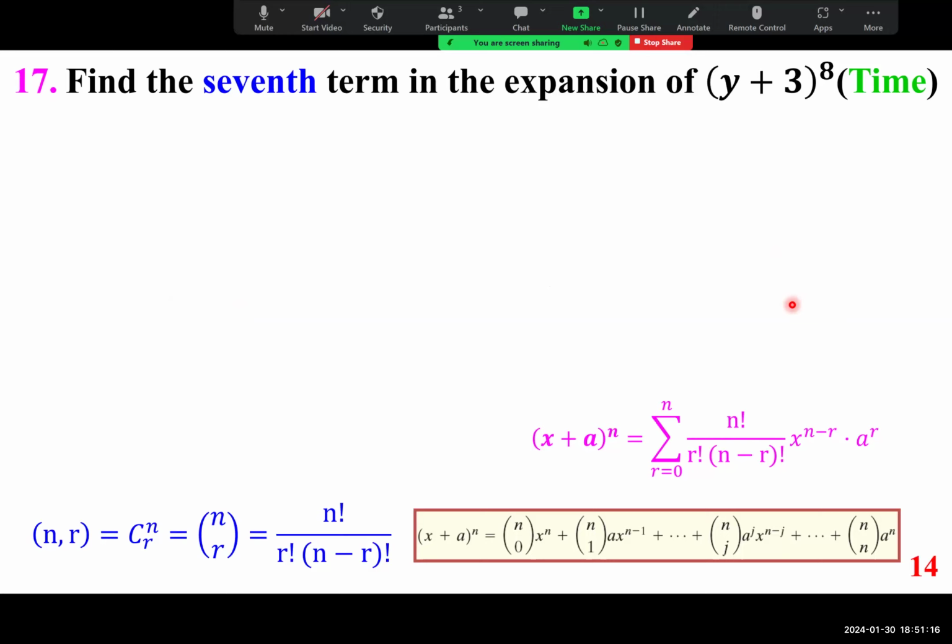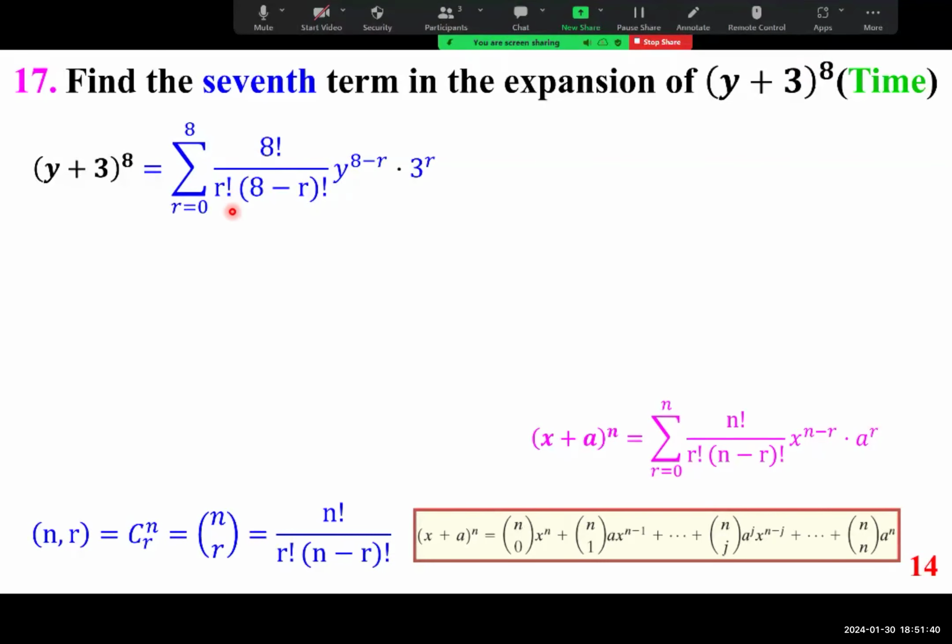Another way to do it is to pay attention to this formula. Remember, with this formula that I'm going to write, y plus 3 to the power of 8, r goes from 0 to 8, because the exponent is 8. So n factorial over r factorial times n minus r factorial, where n is 8, times y to the power of 8 minus r, times 3 to the power of r. If you want to go with that,